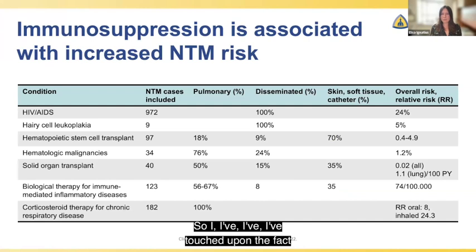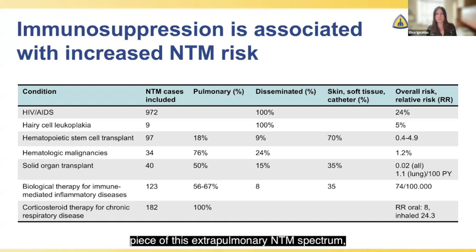So I touched upon the fact that immunosuppression is often a necessary precondition to develop disseminated mycobacterial infections for many patients. Then I was also highlighting instances of extrapulmonary infection where it was really just because they had a procedure that inoculated a high burden in that moment and it stayed fairly focal. But just to expand a bit on the immunosuppression piece of this extrapulmonary NTM spectrum, it's not all